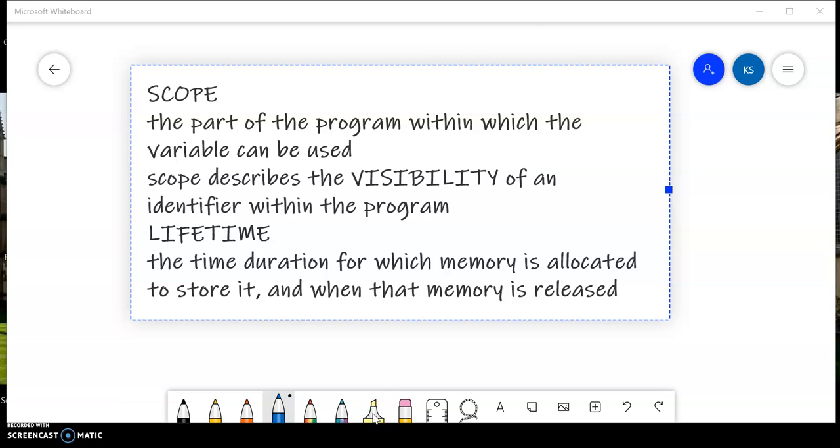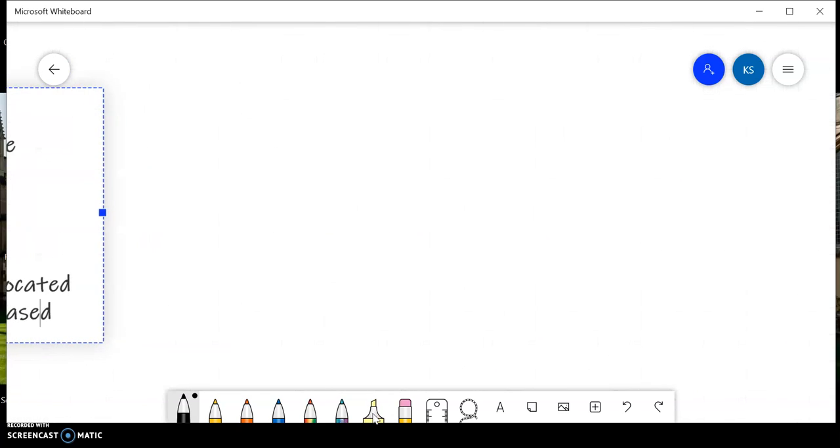Hello everyone. In today's lecture, we are going to discuss scope and lifetime. Also, one more term is there, visibility. So let's discuss this. If you remember, in the user-defined function session, we discussed the